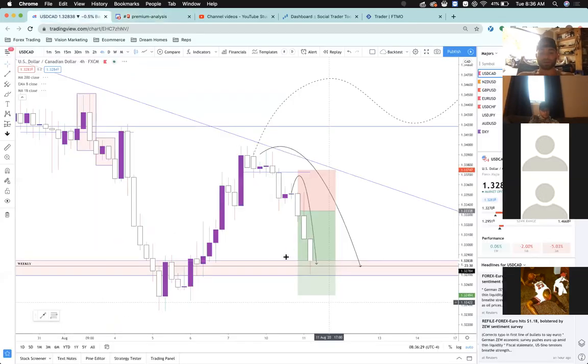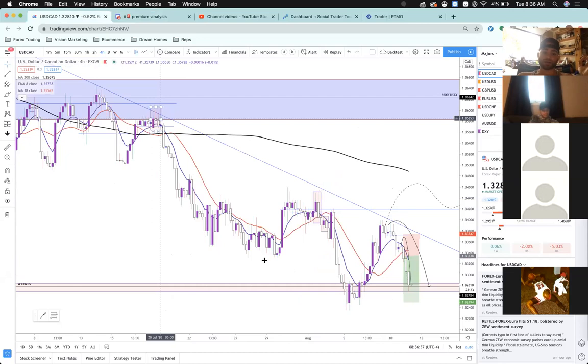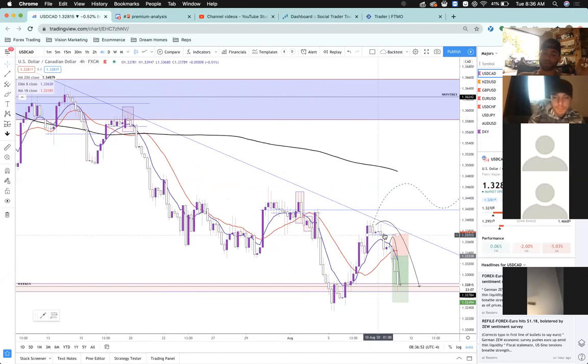As we get down to the 4 hour time frame, it's much of the same. Looking at structure, we had lower lows, lower high, lower low made all the way down here, red over blue, all the way until this point, crosses back. And then we've got this lower high forming. Then we came down from another lower low. So this is where we're at right now. We pulled back, made this lower high.